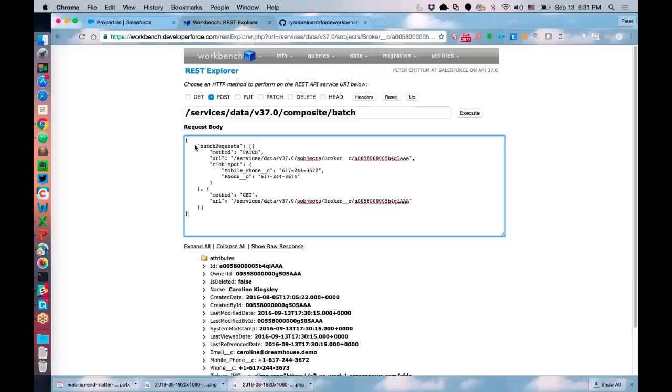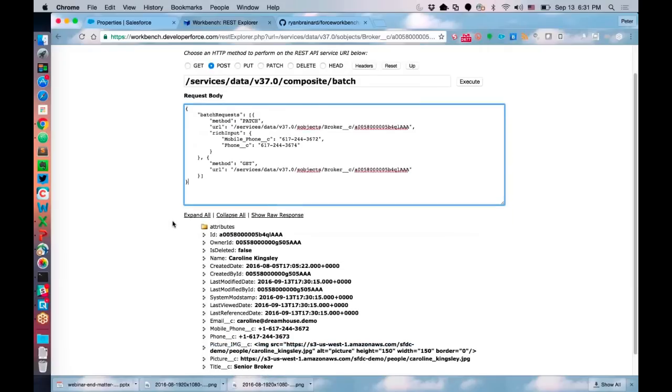So what you can see is that the main parameter here is batch request. So that's the main data element in this JSON. And then I have an array. And each array is a subsequent HTTP request using the REST API. So I patch to the same endpoint, and then I do a GET, and I'm going to get back the data. So what that should end up with is I basically do those same two calls, but in one single request to the API. So I'll do execute,